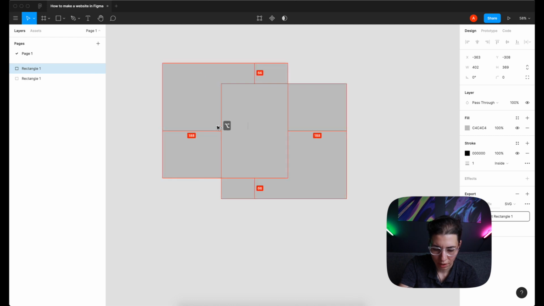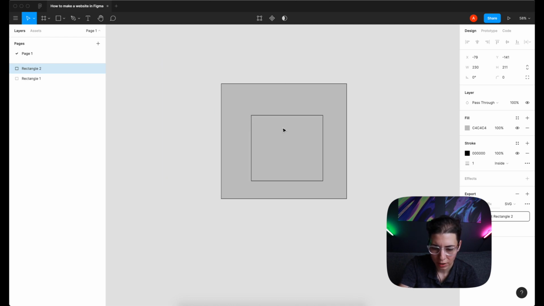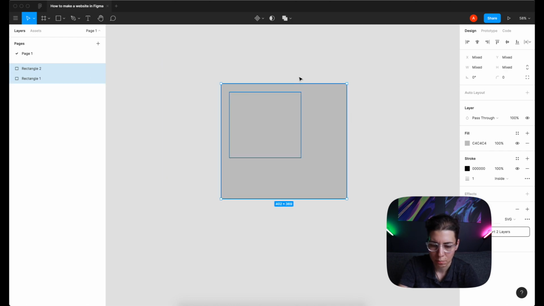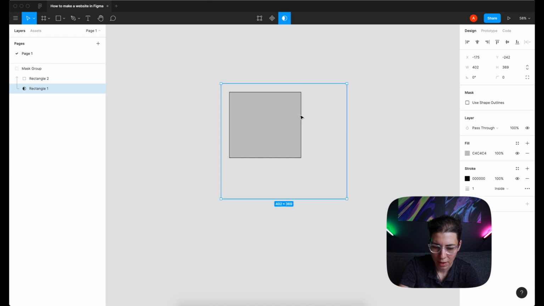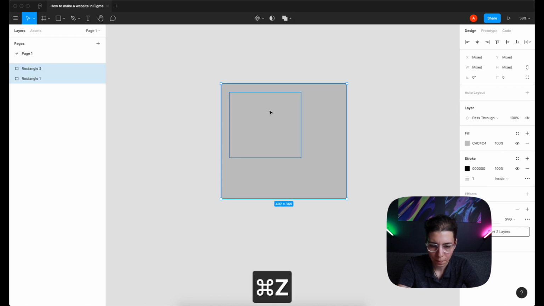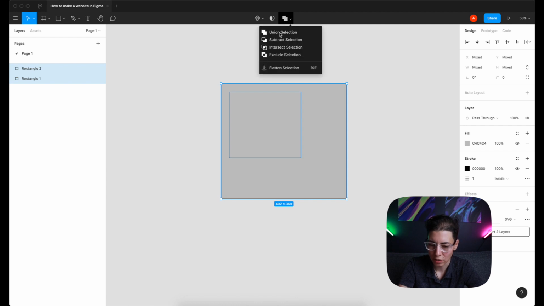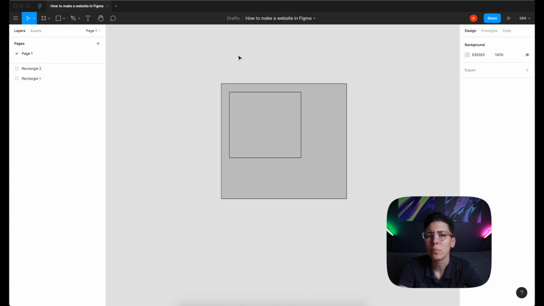So if I would have a little bit smaller rectangle over here, and I select both and click mask, then something would happen. More about masks and everything else a little bit later. And if you select more than one object in your canvas, you can get some Boolean actions over here. But more about that a bit later.